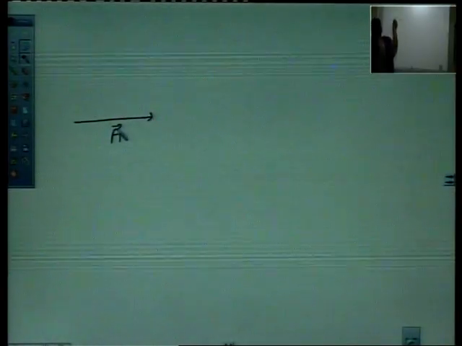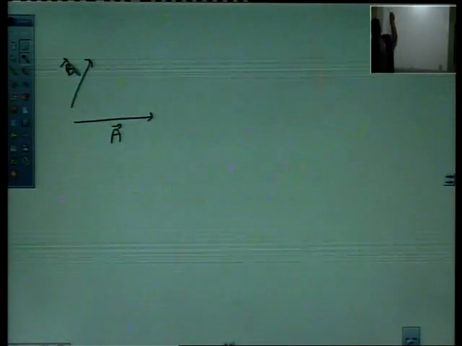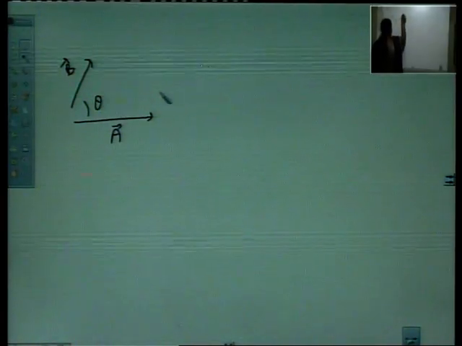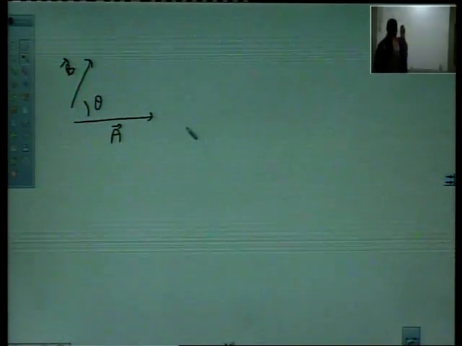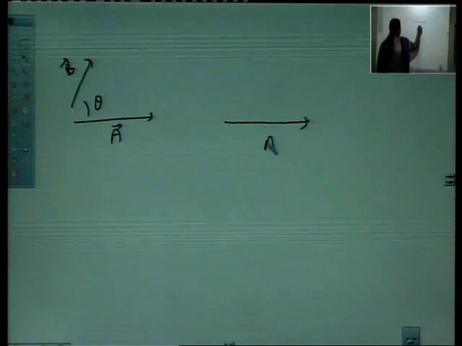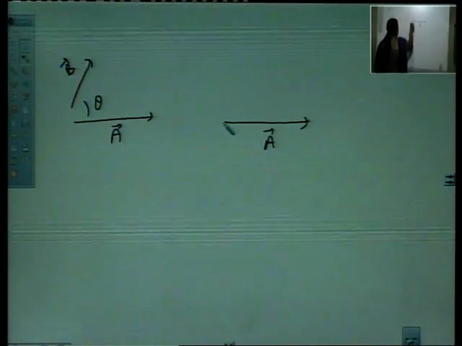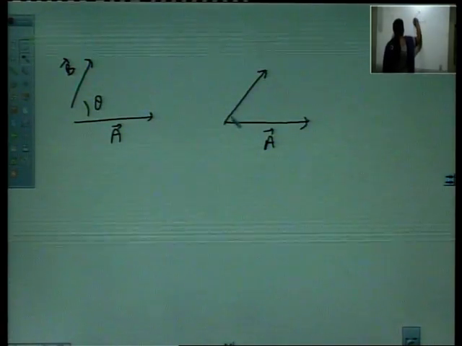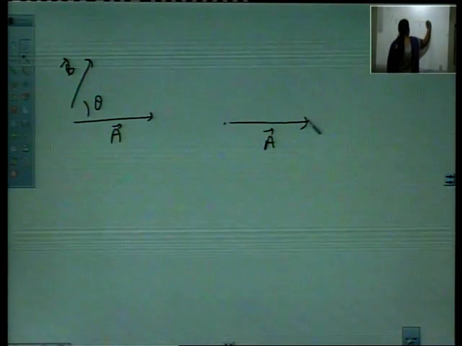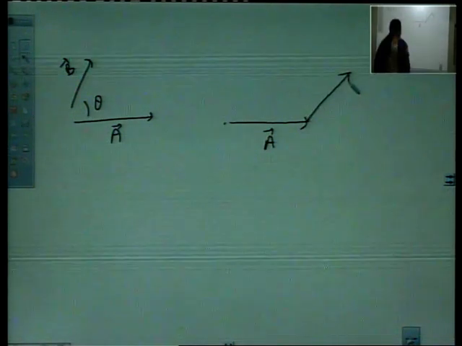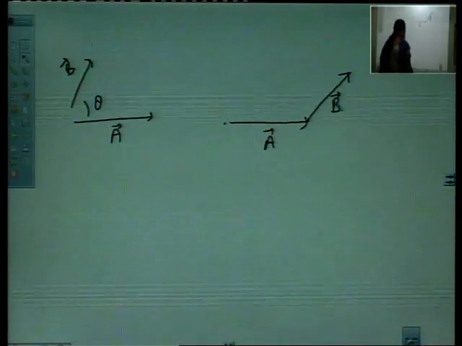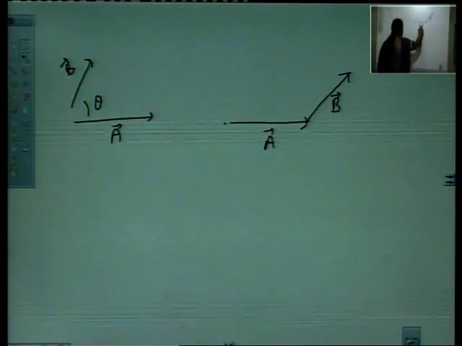So for the triangle law, we have this A vector, this is B vector, and the angle is theta between these two. We have to add these two vectors. So, firstly we will take vector A; this is the initial point of the vector. Then we put the second vector on the arrowhead of vector A, this is B vector. So these are two vectors taken in the same order, these represent the two